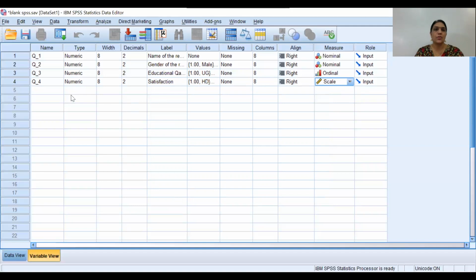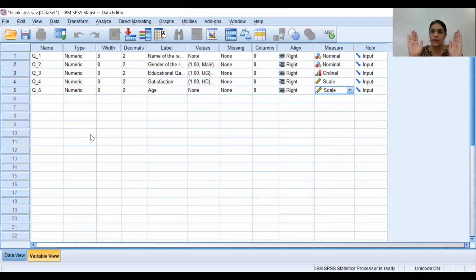Now, question number 4, I am interested in knowing the age of the respondent. But the age, I don't want to give the category. I want to keep it open-ended. So when it is an open-ended question, the respondents will enter their age. So my measurement scale, it is a scale question. Now, in your questionnaire, you can use nominal, ordinal, interval, and ratio, and you can use the string variable question also.